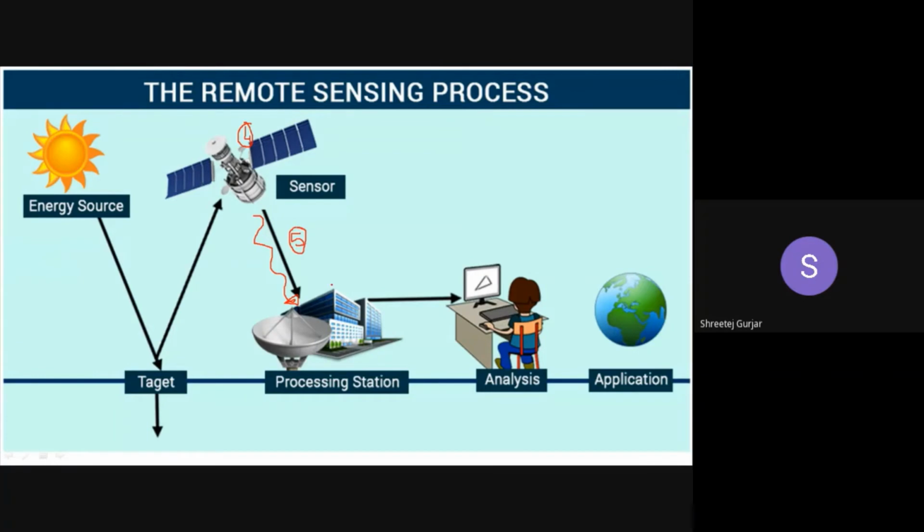Coming to the next part, after it reaches the processing station or the ground station, various processes are done so that the data can be used. Processing is done on the data and then it is sent for analysis, wherein engineers use the data for various analyses, right? Various predictions of atmospheric and climatic conditions, and various land data is also used. Vegetation cover is studied, and various materials present on the earth's surface are also studied, right?